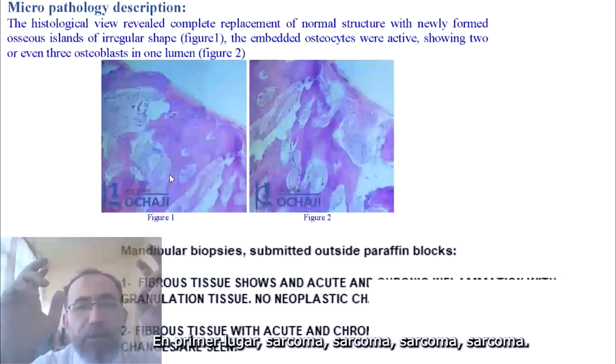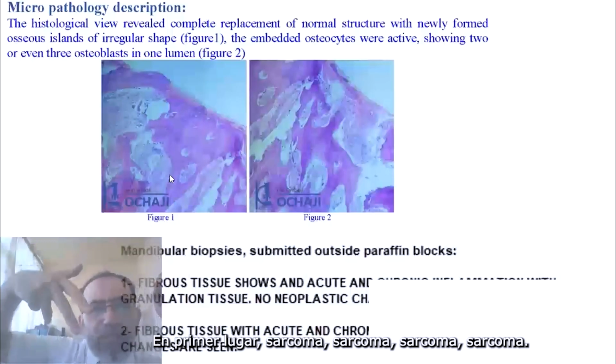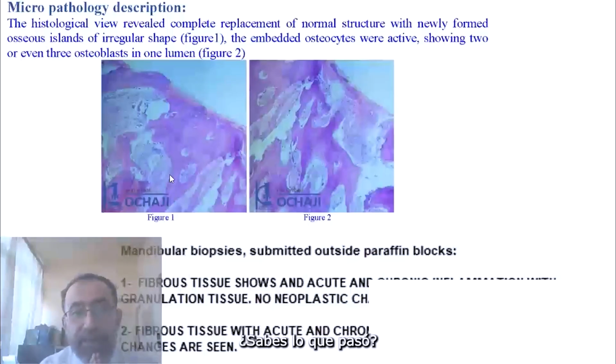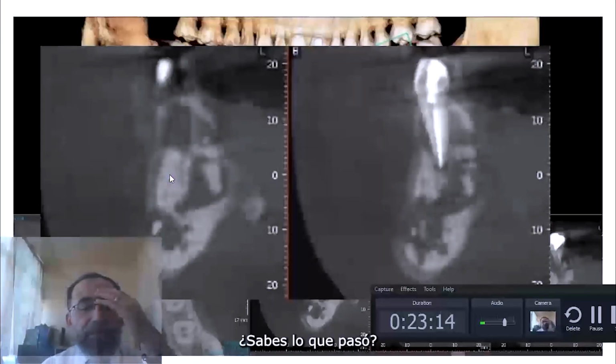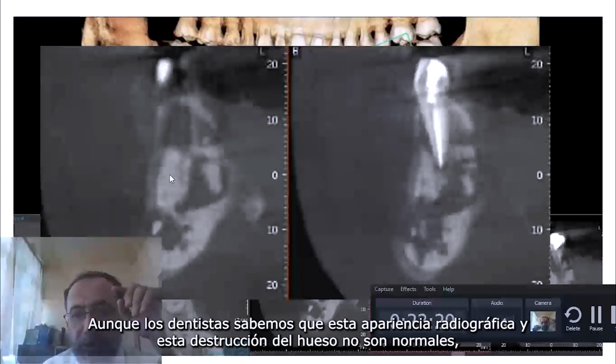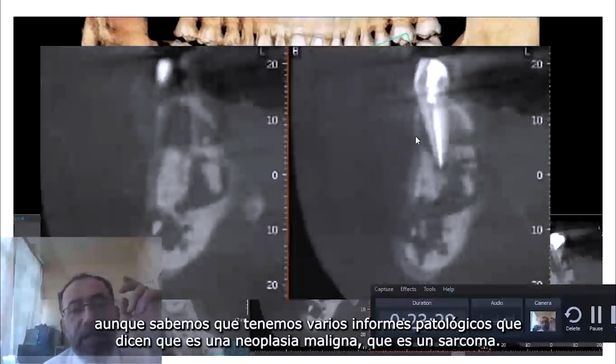First of all, sarcoma, on one hand. On another hand, inflammation. And he made an election, and the inflammation won. And he was very happy. You know what happened? He went home and he never showed up to any dental surgeon at all, even though we know as dentists that this radiographical appearance, this destruction of bone, is not normal,